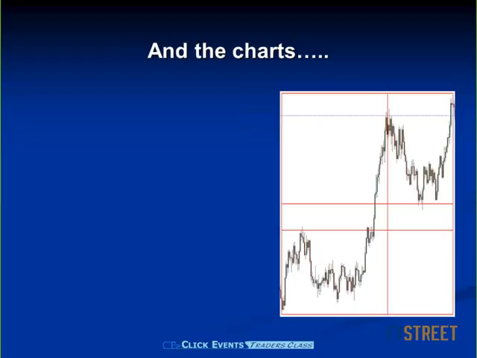So we now come down to the charts, and here we are. We've got a move from left to right. We've got a corrective move and then a move on up. And look at this, a corrective move, lo and behold, comes down to a Fibonacci level before it carries on up.